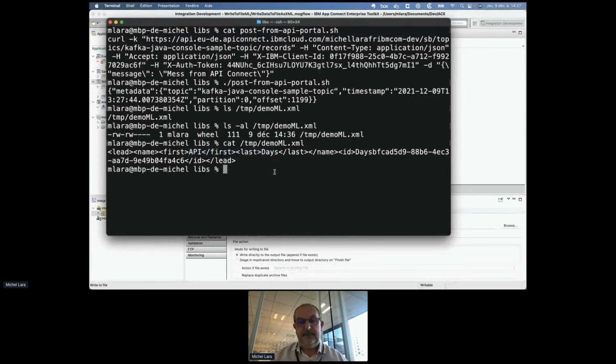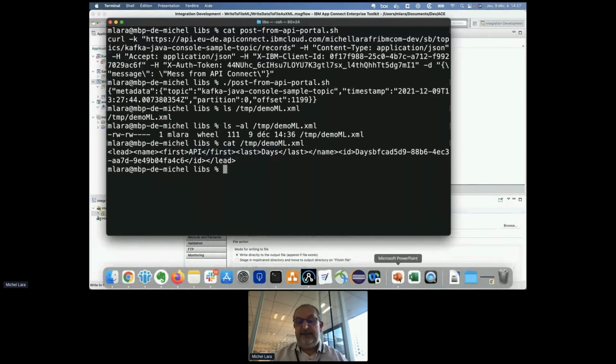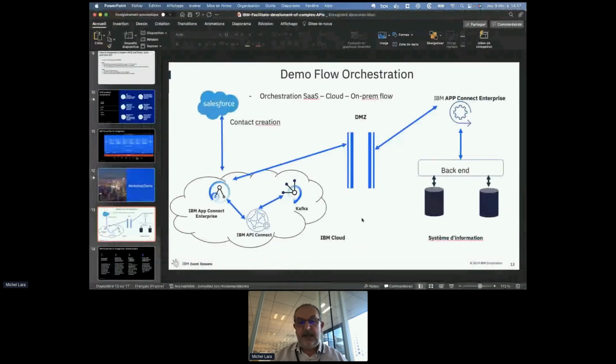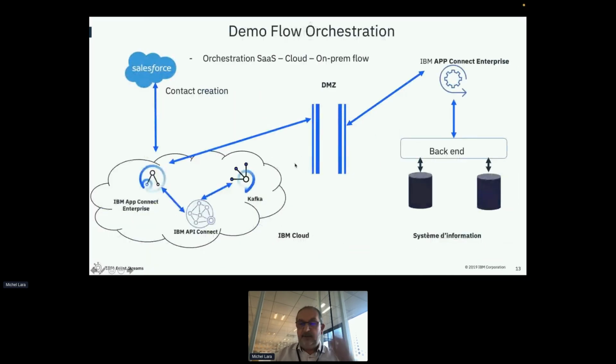Okay. So in this simple scenario, what I did, you can see a basic flow, but it is not so basic because you mix, this is a very hybrid flow with the Salesforce SaaS application and some applications on IBM Cloud as a service.